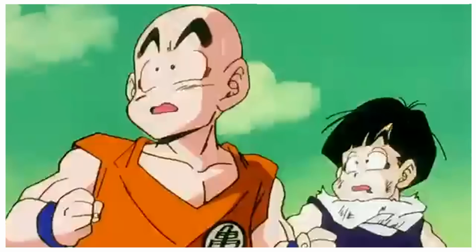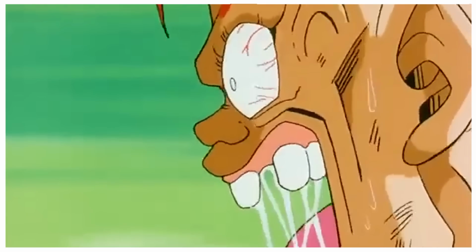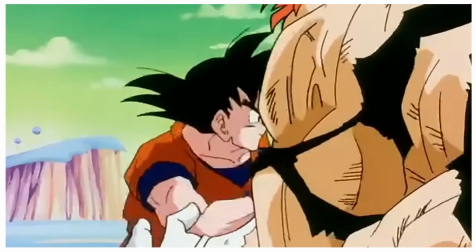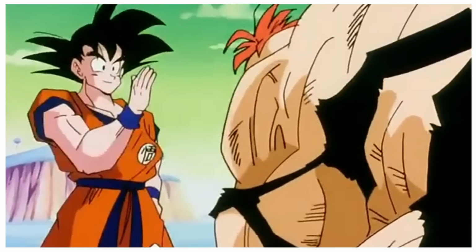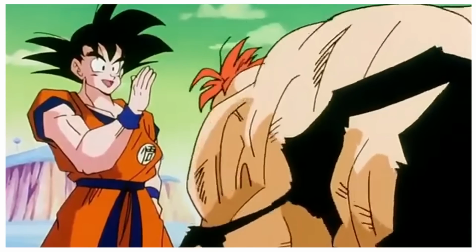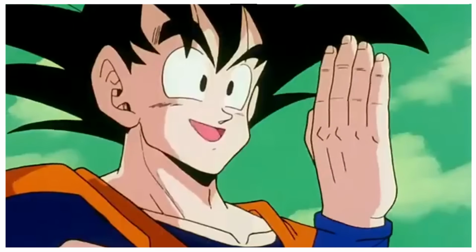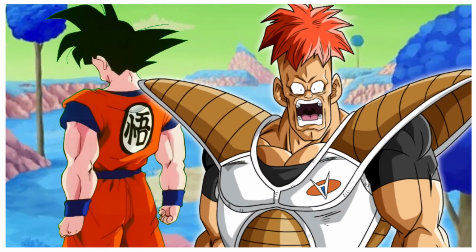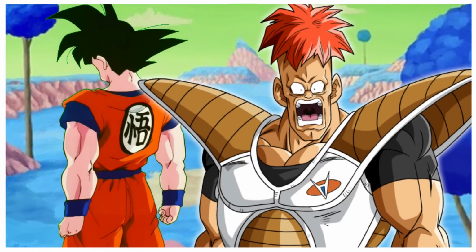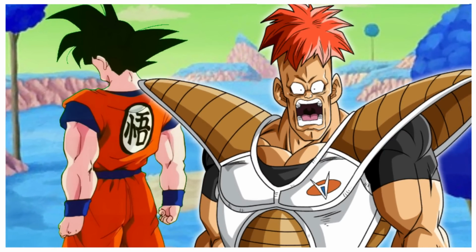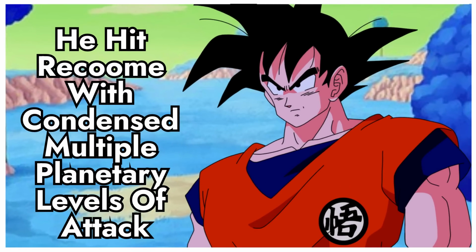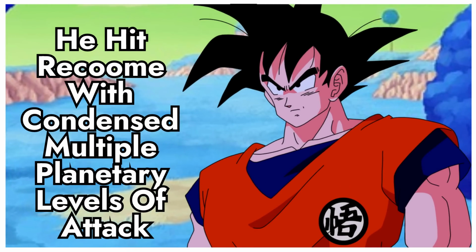The discrepancy and effectiveness of Vegeta's attacks becomes more evident when Goku, employing a different approach, manages to defeat Zarbon with a single elbow strike. This juxtaposition highlights the significance of not just raw power, but also the finesse and control exerted over one's ki during battles in the Dragon Ball universe. Goku with that single elbow had also planetary levels of attack, but he focused it into one point and hit Zarbon dead in the center. Because of the control he had over his ki, he was able to focus the planetary destruction level of attack